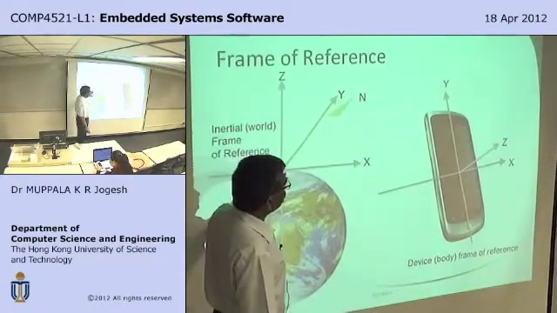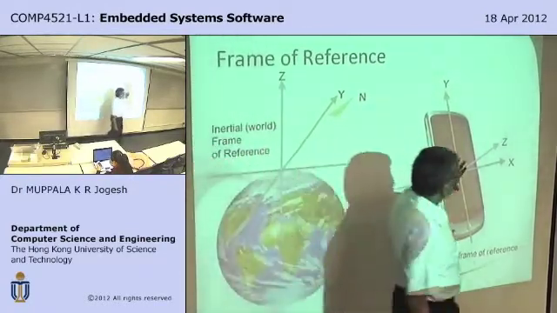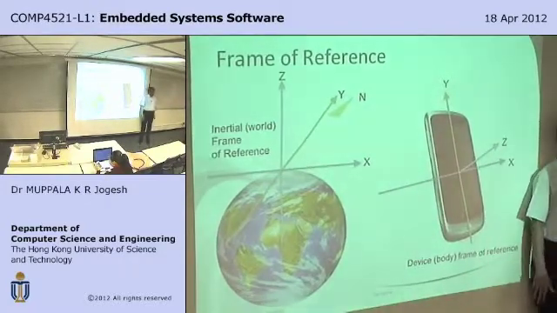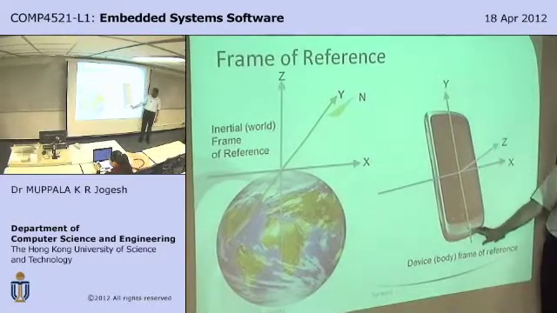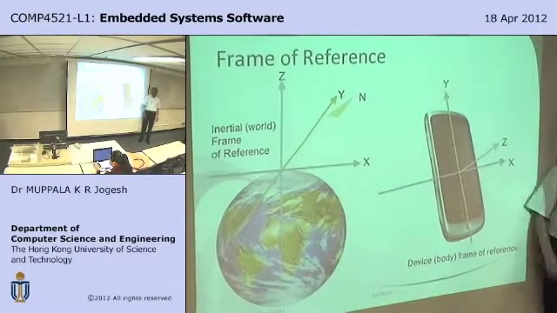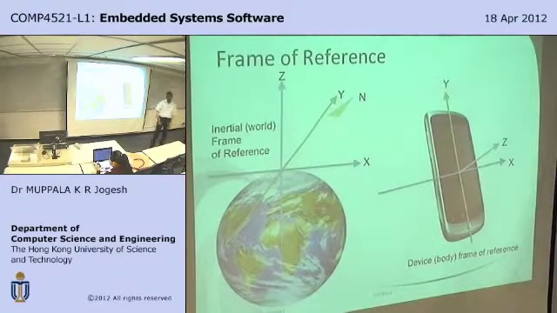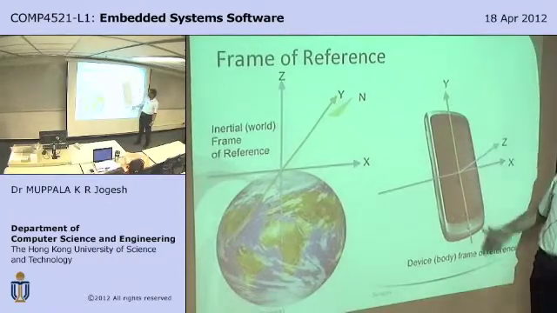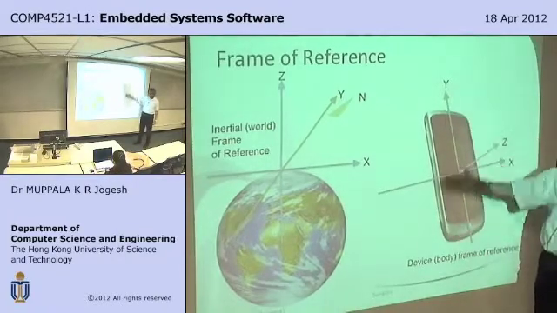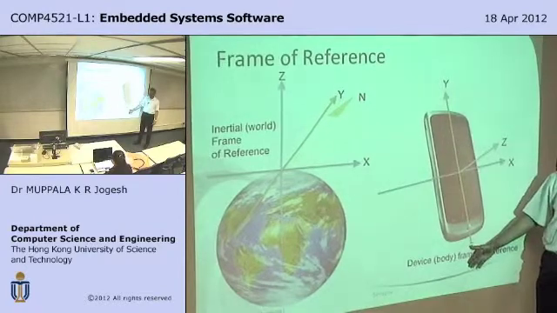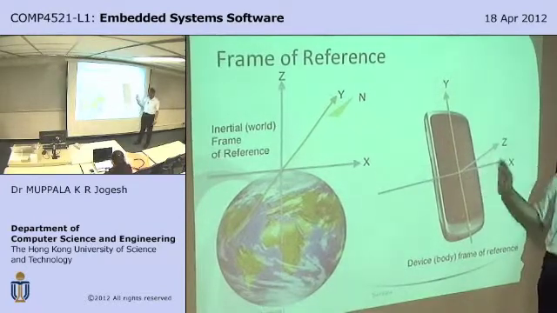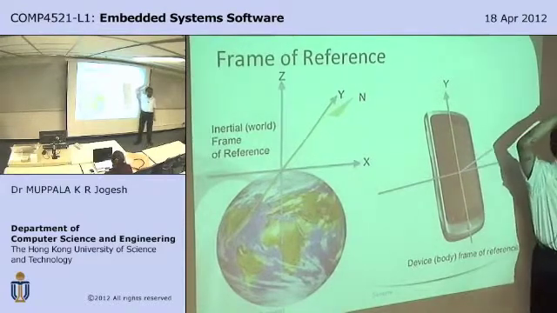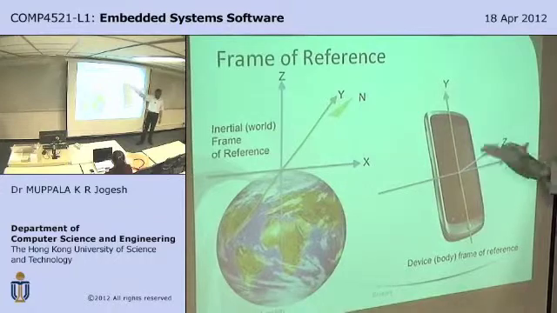Now, how do you detect changes in the orientation or position of a device? For that, you need to be able to assign axes for your device also. So any device, for example, can be assigned axes. The y-axis along the longer edge of the screen, the x-axis aligned with the shorter edge of the screen, and the z-axis pointing vertically outwards from the screen. So with this kind of assignment,